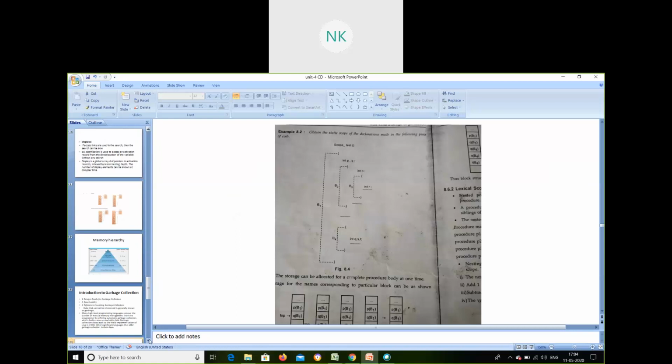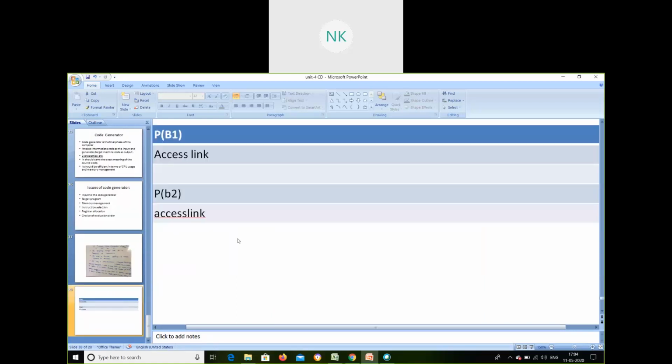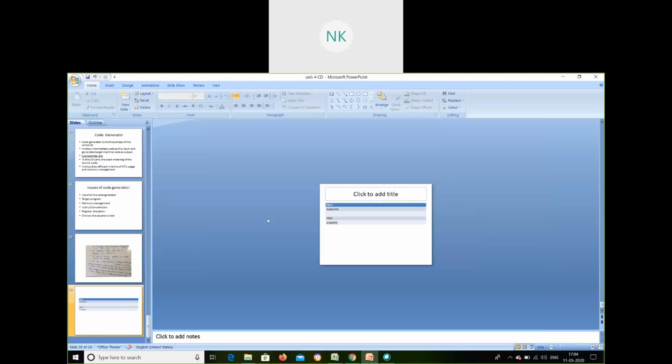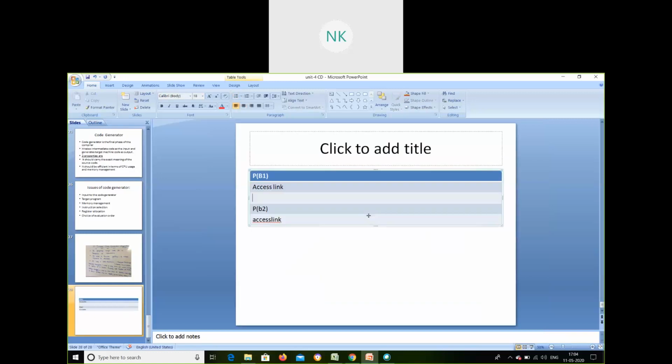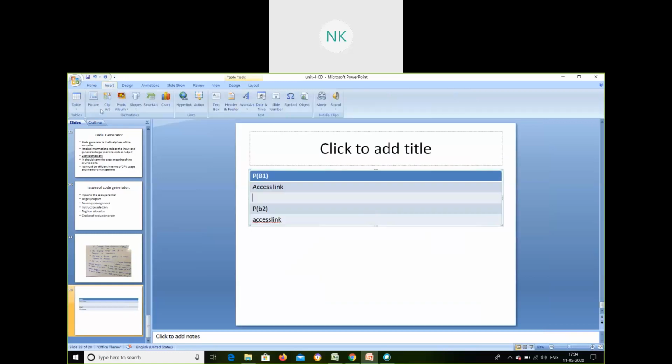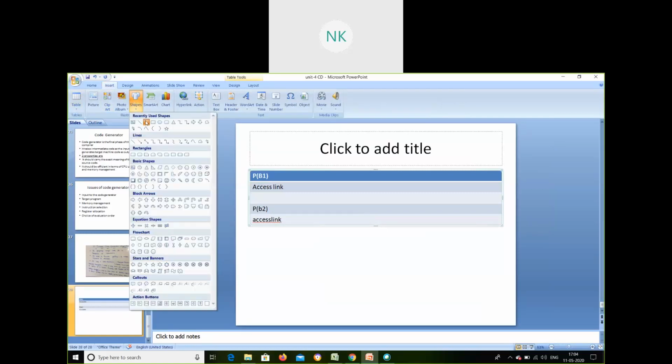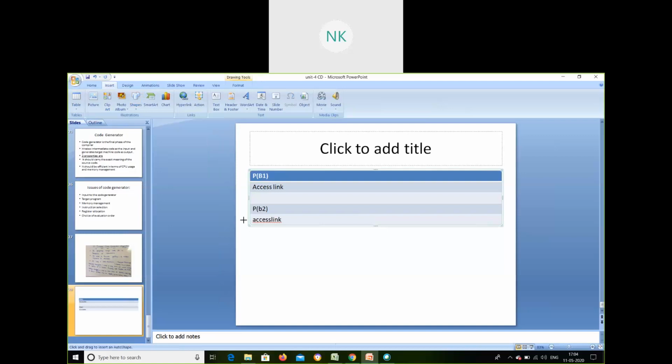I'm sorry, where is that diagram which we created? So the link will be the arrow, I'm sorry, like the access link will be connected with this. Okay, this access link will be going to this access link. So I will be able to take up the variables which are in B1 also. Even if I have an access link with B2, I can access my B2 variables also. This is how the access link will be working.